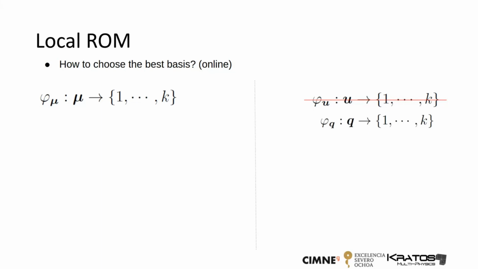Once you have the solution in that time step n+1, let's say, you measure which is the nearest centroid. If it's the same one, you keep the same basis. If now the centroid is the one from the neighboring cluster, you switch to that one. Okay, so you first compute the new solution and then the distance.